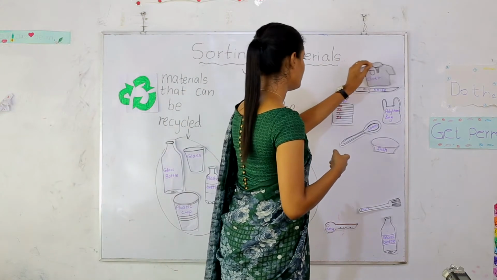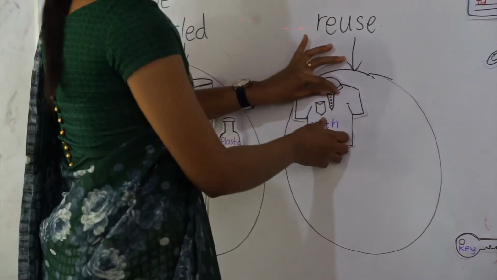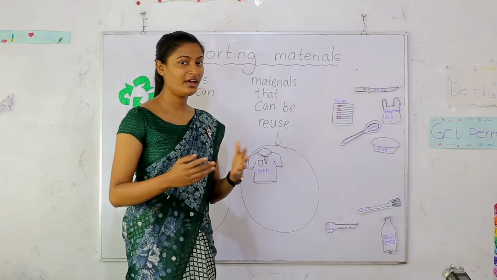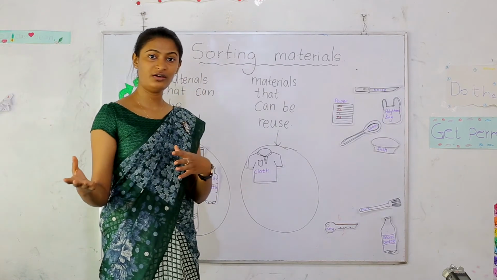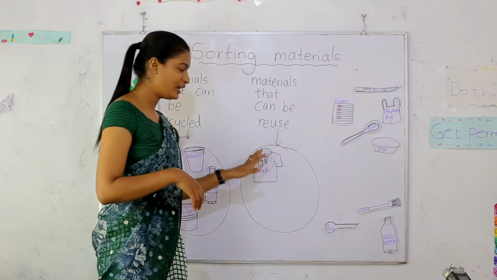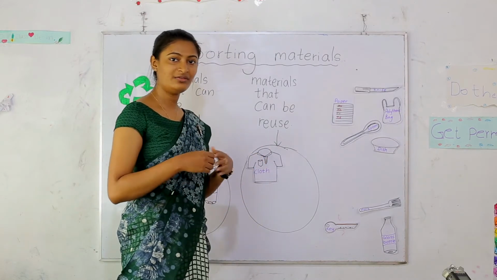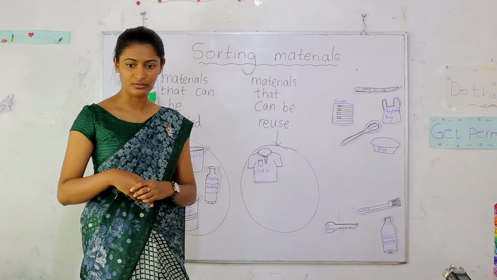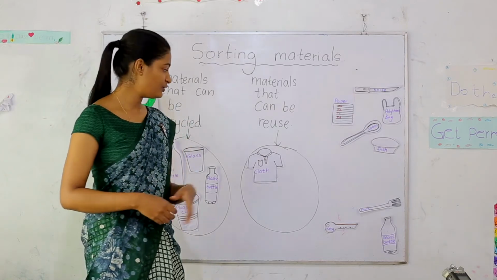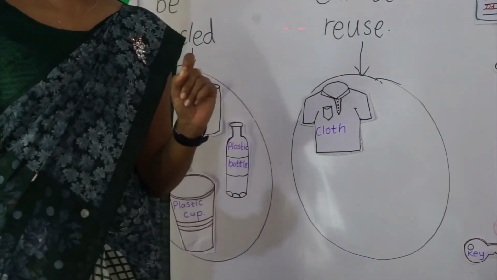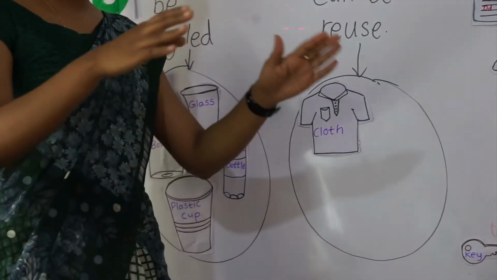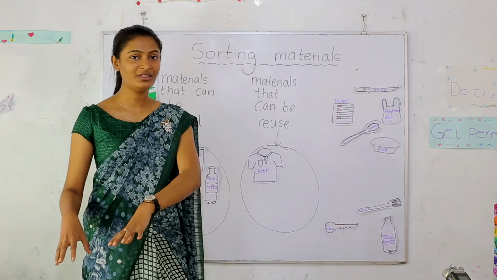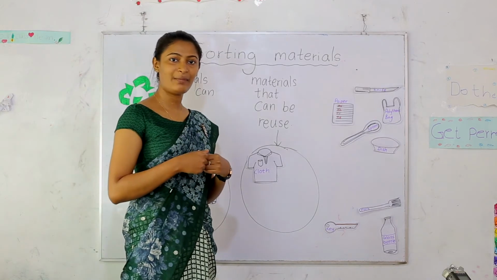Clothes. You may think how you can reuse clothes. Think that you have a cloth but you can't wear it now. Is it good to throw it out? No, that's not good. You can use this cloth to do another work. Think that there is some water on the floor. You have to clean it. So without just throwing out this cloth, you can cut and keep those clothes and you can use that to wipe the water out. So you are using the same material again.